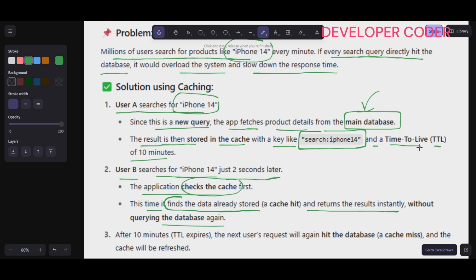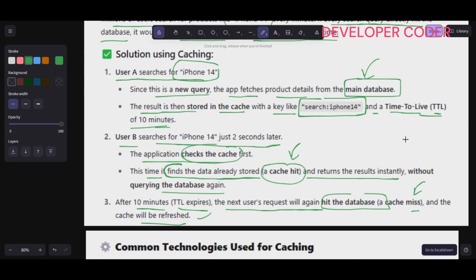And here we have set the time to live limit of 10 minutes. So after 10 minutes this TTL is going to expire, right? The next user's request will again hit the database. Okay, a cache miss is going to happen. Cache hit is when data is there in the cache; if data is not there in the cache, then it is a cache miss. Okay, and the cache will be refreshed. Again we are going to set the limit, whatever limit is set in code, let's say 10 minutes, 20 minutes, whatever is there,